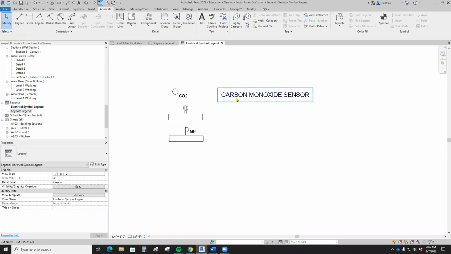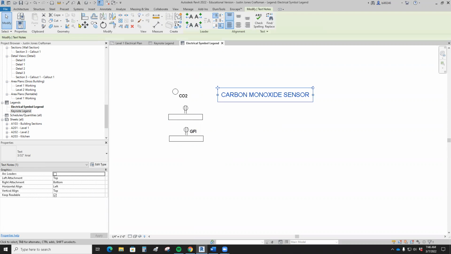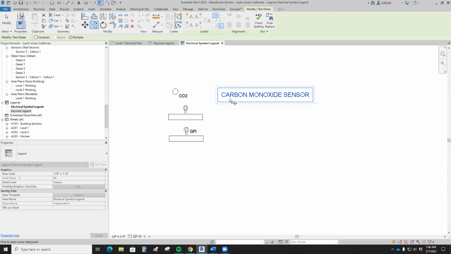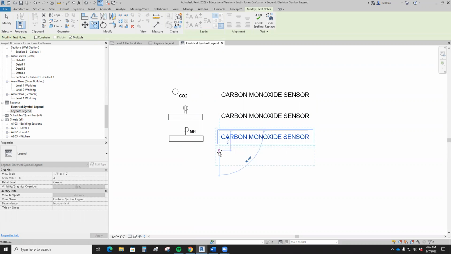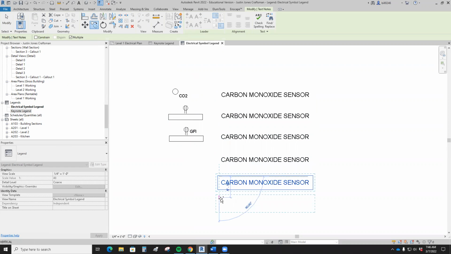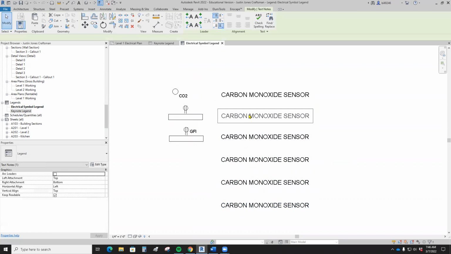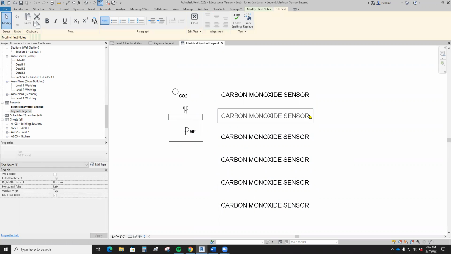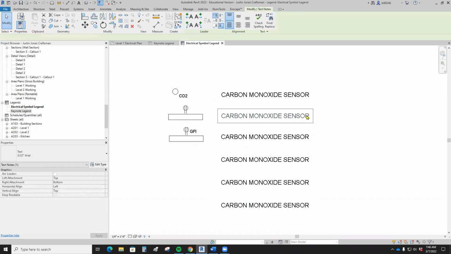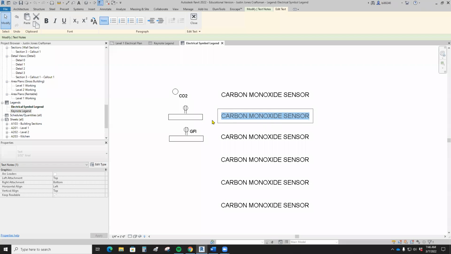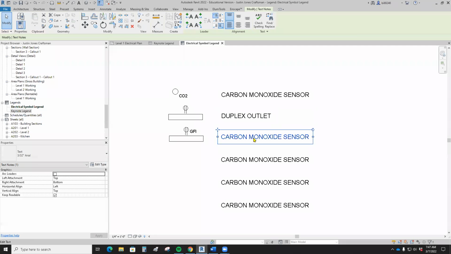So what you might want to do is take this text and then just copy it. You can do this however you want. If you want to do text from scratch, you can. But I like just doing it this way and then you can text edit it. So you can go like that. And the text is already ready to go. Except it's being a pain. So this is a duplex outlet. This is a